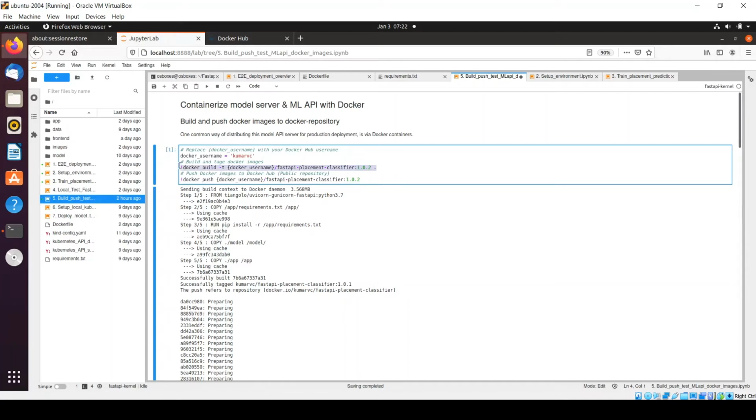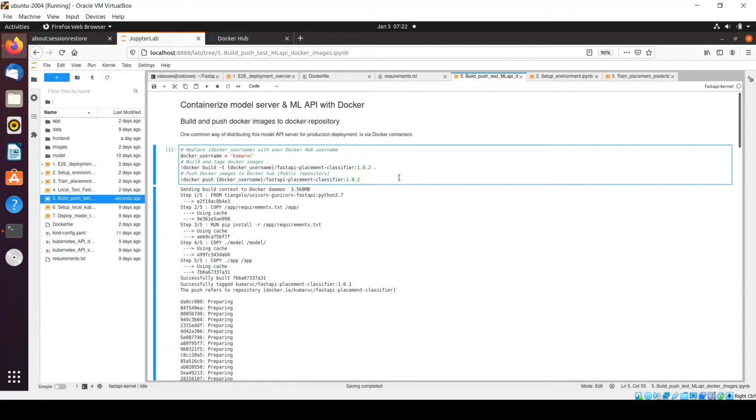So it will take the Dockerfile from my current working directory and it will build the Docker image. Once we have a Docker image, it will take that Docker image, whatever we have built in the previous step, and it will push it to Docker Hub. Docker push and the name of your image. Whatever tag name you have given to your Docker image, it will take and push it to Docker Hub.